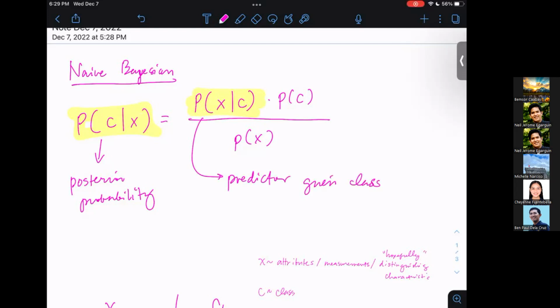This is the predictor given class. Okay, so what's the probability that a certain specimen has the attribute X given that it belongs to the class C, right? And then this is the prior probability of the class. It is called prior because it is before the training. It is already there in the data; before I even put it into training, that probability is predetermined. What percentage of my training data belongs to